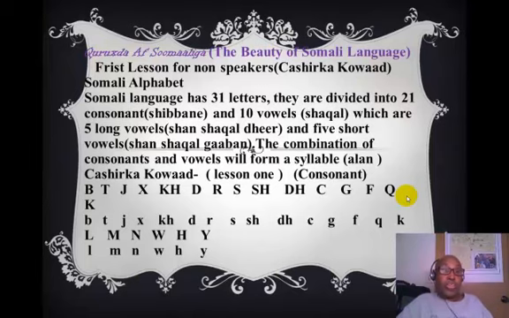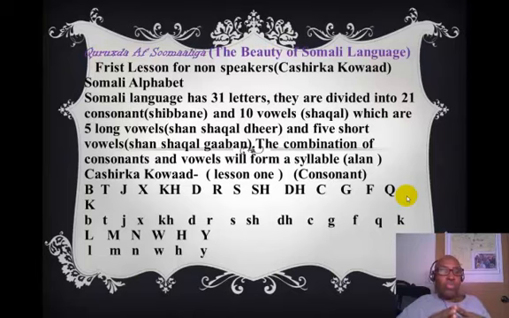So our first lesson today for non-speakers is about, as I mentioned before, the alphabet of the Somali language. In general, in the Somali language we have 31 letters as letters and 1 hakat. Hakat means comma. This comma, or hakat, sometimes separates 2 vowels or 2 consonants in order to declare or describe the exact meaning of the word.